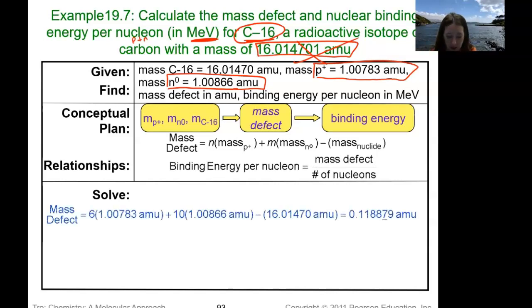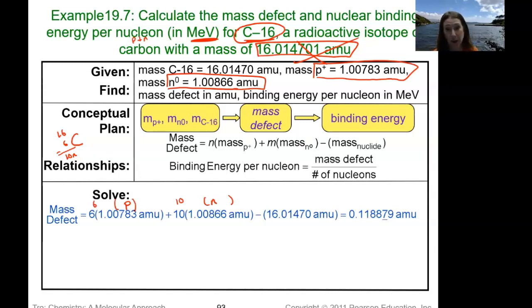Okay, so now here's how we do it. If we look at carbon-16, carbon is 6, so therefore there are 6 protons and 10 neutrons. Remember this from Chem 219, Chem 209. So here's the mass of 1 proton. Here's the mass of a neutron. Let me just put this over here, carbon-16, in case you have forgotten how to do this. 10 neutrons. So here's our 10 neutrons. Here's our 6